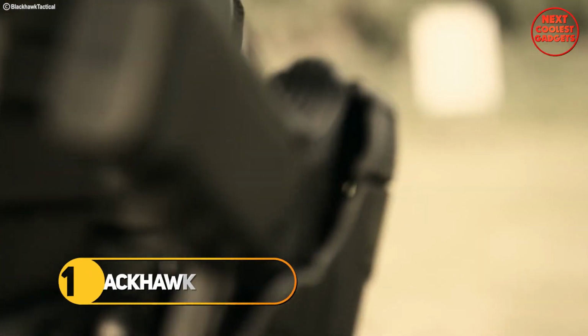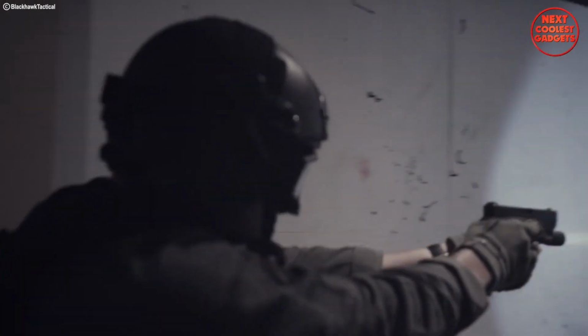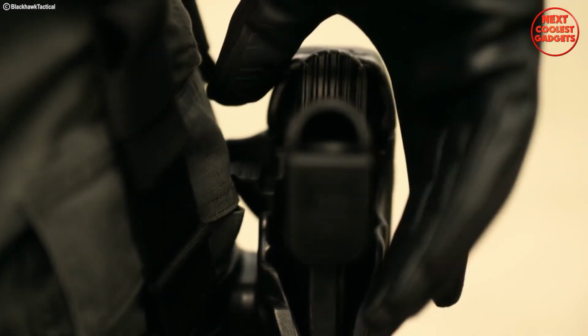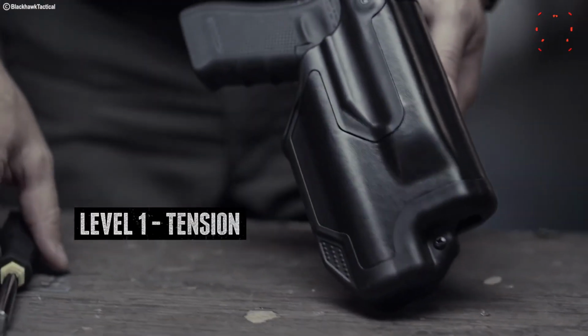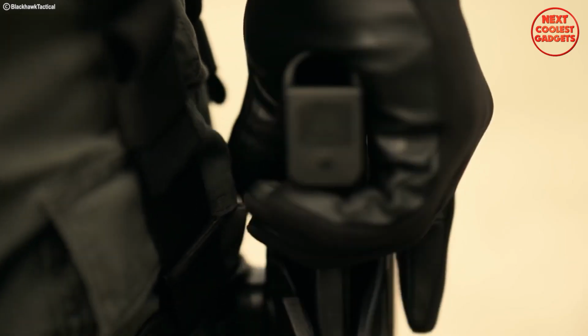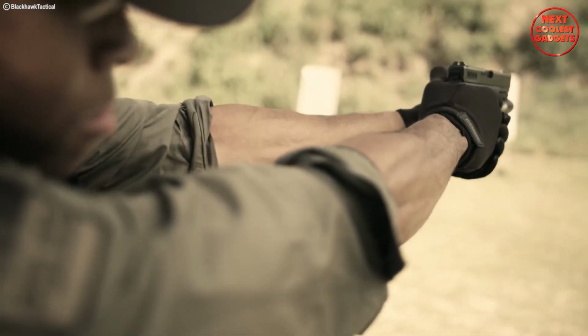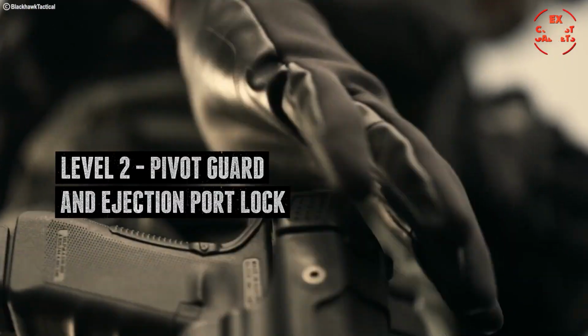Lock and load with the ultimate tactical holster, the Blackhawk Epic Level 3. This is the pinnacle of tactical gear, built to protect and serve those on the front lines. Level 1 retention engages your pistol's ejection port, locking it securely in place until you're ready to draw. But that's not all. The Epic holster takes it a step further with its patented Level 2 retention, featuring the